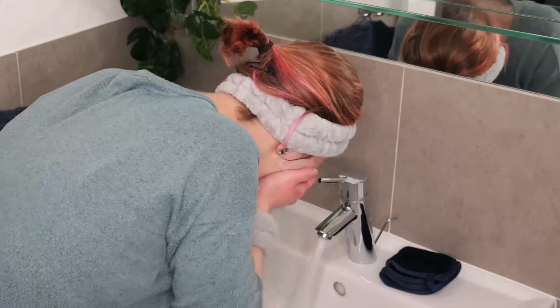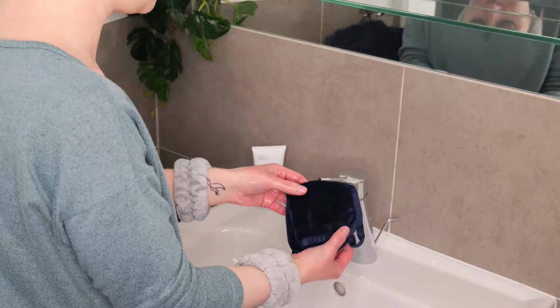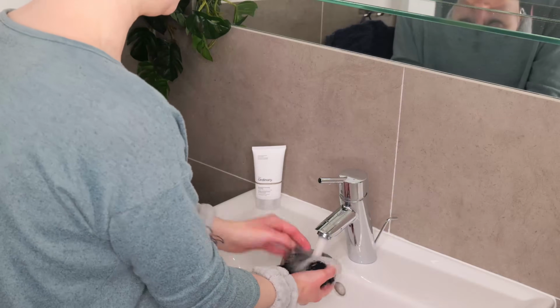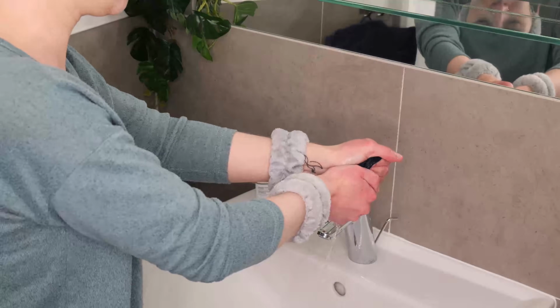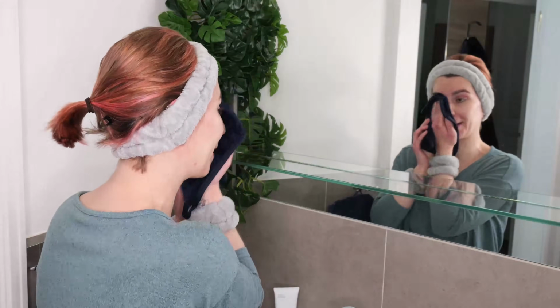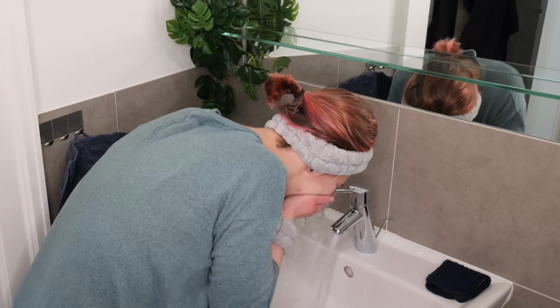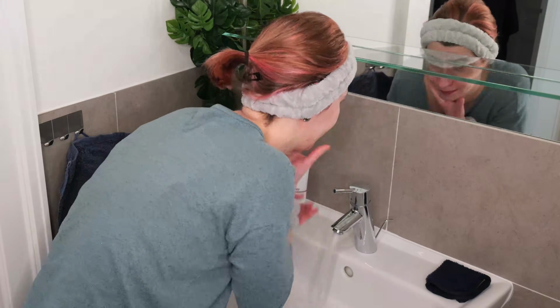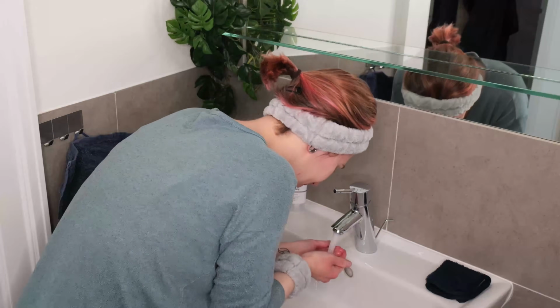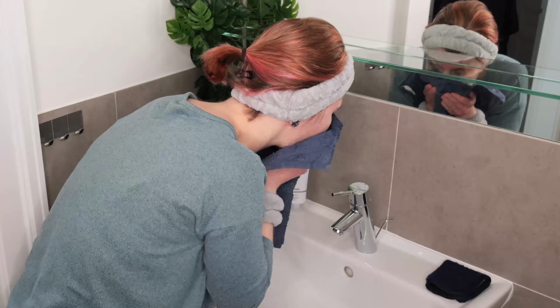If you're at the sink, you can use a soft, clean microfiber washcloth as a helper. Wet the washcloth, squeeze it out so that it's damp. Then swipe it all over the face to help remove any remaining impurities of your cleanser, sunscreen or makeup. If you've used the washcloth, then rinse again several times, making sure your face is clean. Lastly, pat the skin dry with a clean towel.